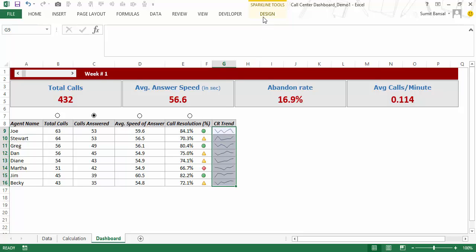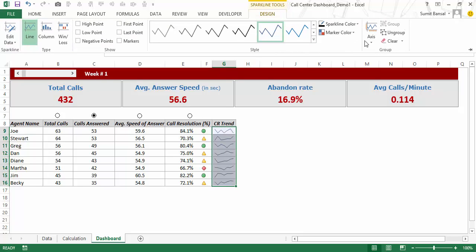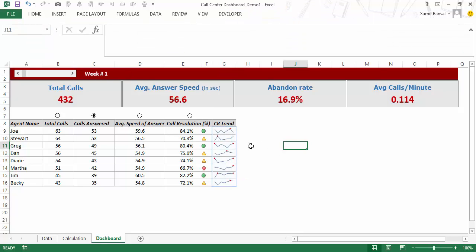I can also design a little bit in my sparklines. So what I would do is I would say the negative. So there are no negative points, but maybe high points should be highlighted. And when I do this, it highlights the high points. Similarly, you can also highlight the low points if you want. So this is how you can have the agent level information in the dashboard. When you click on it, you would see that these numbers and everything here would change along with the trend